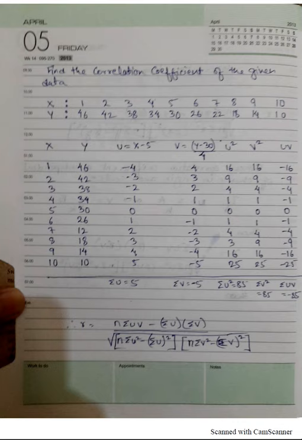So now we try to change the origin and scale of x and y. So what we do here, we try to subtract the middlemost value here, that is 5. So x minus 5 will give us numbers like 0, 1, 2, 3, 4, 5. Here, since just subtracting 5, we are getting very small and very convenient numbers.